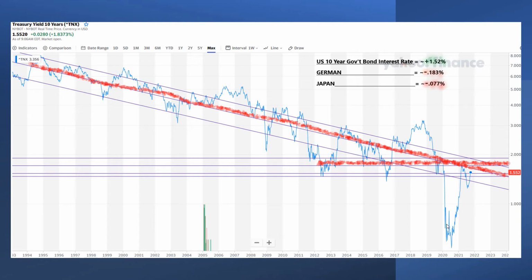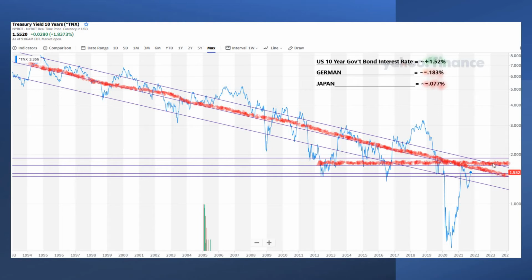I want you to notice how interest rates collapsed during COVID and the price of gold went up during this collapse. Interest rates have risen and the price of gold has gone down. So keep that in mind. Rates down, gold up. Rates up, gold down. But anyway, these long-term trend lines are